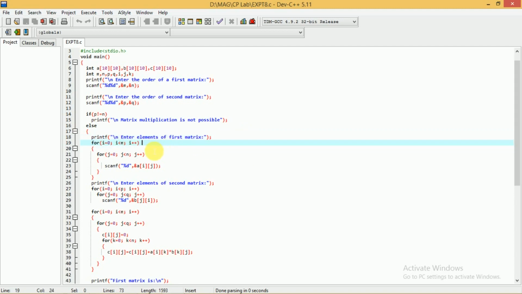This is similar to the one-dimensional array, but in a one-dimensional array we use only one index. Here we have to use two indices. To access the first element we write a of 0, but here, in order to access an element, you have to specify the row number and column number of that element. Try to visualize this in the form of a table.